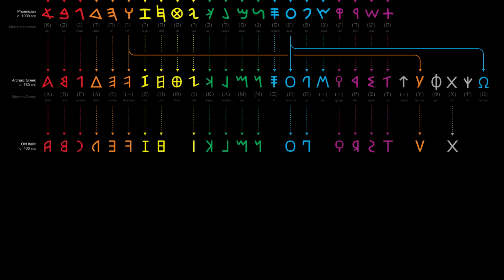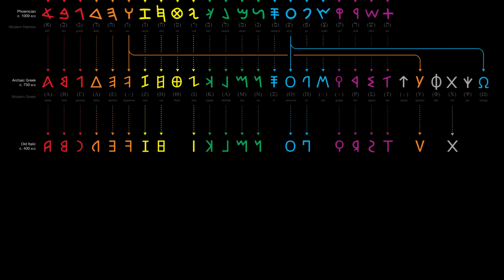The most important thing to point out at the Old Italic stage is that several letters were dropped. This is because there were some sounds that Greek speakers made that Latin speakers did not. So, for example, the Greek letter theta was not needed for ancient Latin, so the ancient Latins simply dropped it from the alphabet. I'll talk about some other changes in a bit, but for now, take note that the actual letter shapes didn't really change much between these two stages, and many of the shapes are actually quite recognizable, even in these archaic forms.